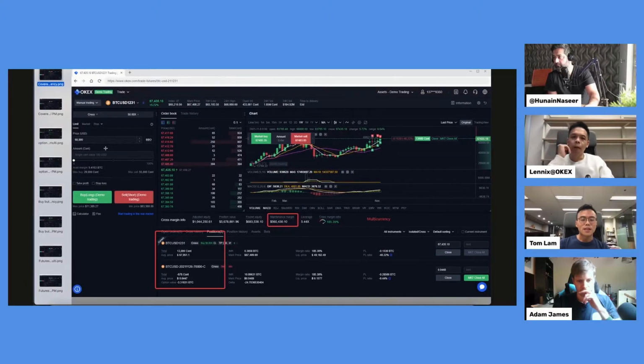So let's get started to show you some of the examples where professional traders would benefit from the portfolio margin. Let's start with the very basic one. It is related to a very typical strategy called the covered calls, which is very common for options traders to have a delta position, which is netting the outstanding options. So in this case, you can see that in a normal mode, the traders would have a specific futures position, which is basically, in this case, long like 13,000 contracts on a BTC December 31st,